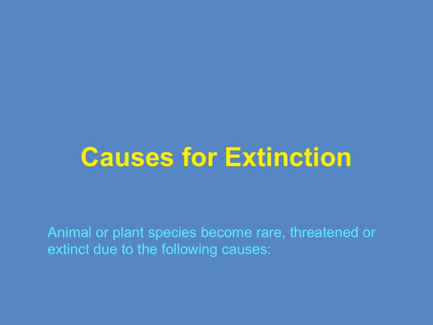Climate change is increasingly impacting ecosystems worldwide, altering habitats faster than species can adapt. Understanding these causes is crucial because it helps us identify the threats and develop strategies to protect endangered species. After all, recognizing what drives species toward extinction is the first step in preventing it and preserving our planet's rich